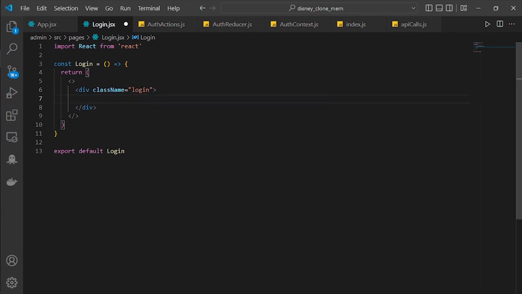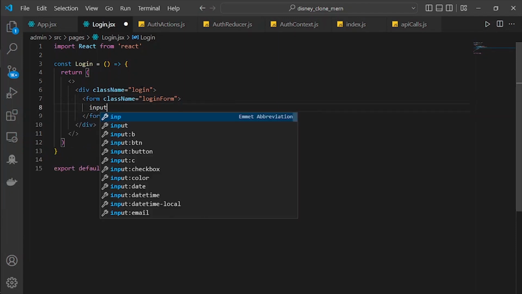And then instead of here, we will have a form, and the action is just going to be empty, with the class name equal to login form. And then instead of here, we'll have